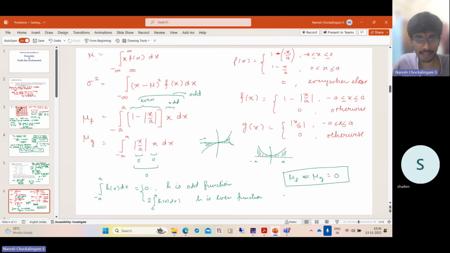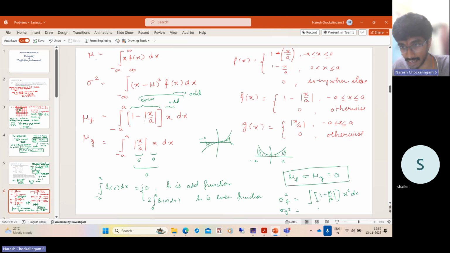What about the variance? You can quickly guess. So the variance sigma f square will be the integral of 1 minus mod x by a, times x minus mu the whole square. Mu is equal to 0, so it is x square dx. And sigma g square is the integral of mod x by a into x square dx. So these integrals go from minus a to a. But you can see that in this case,